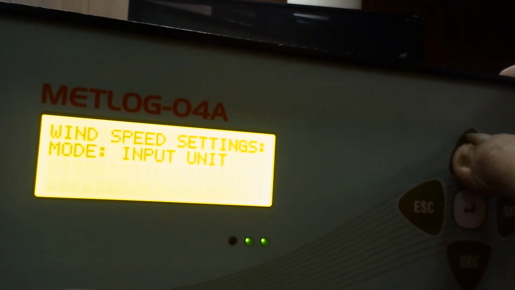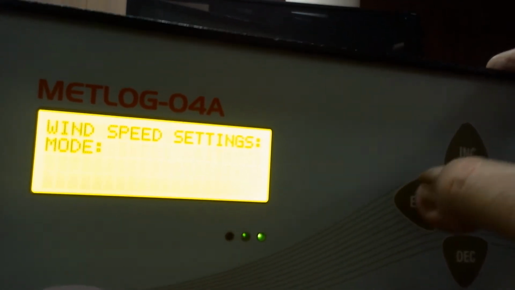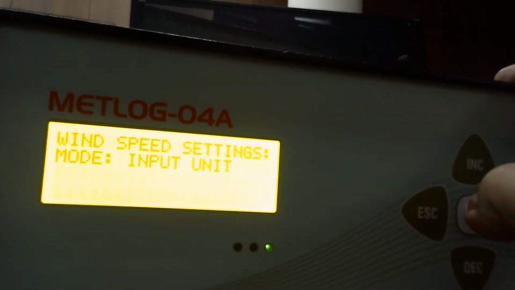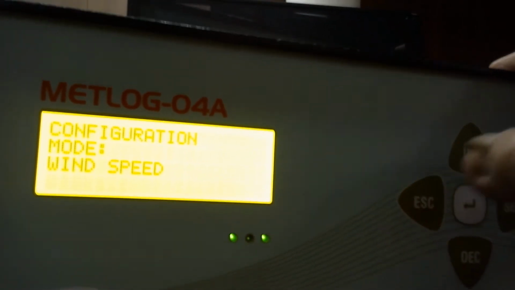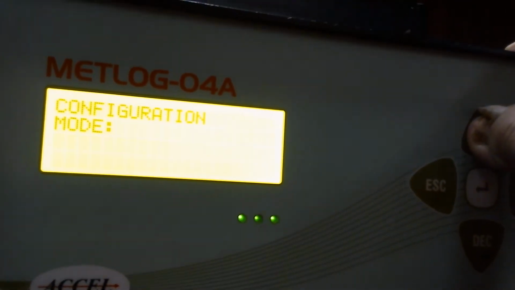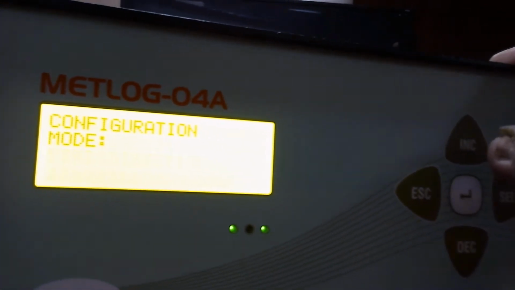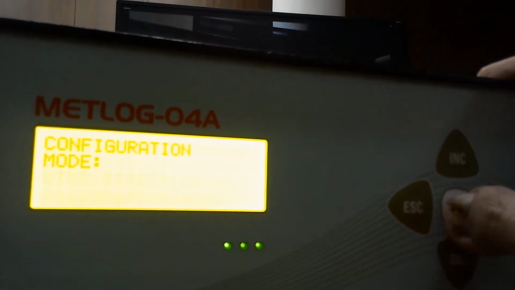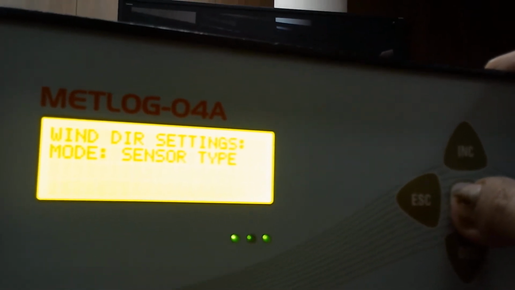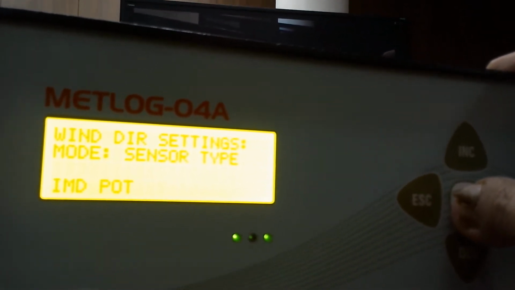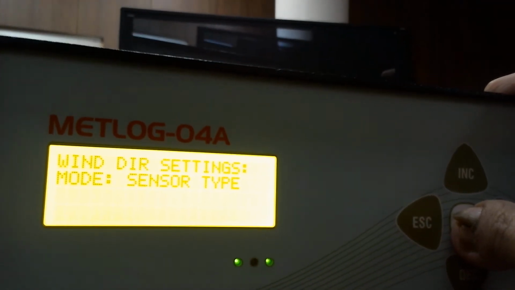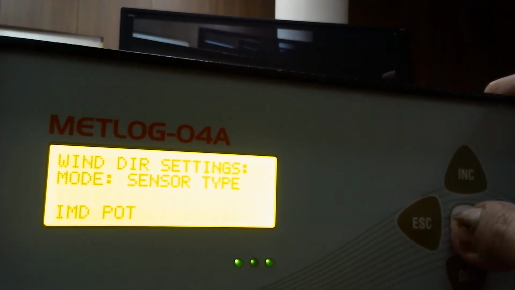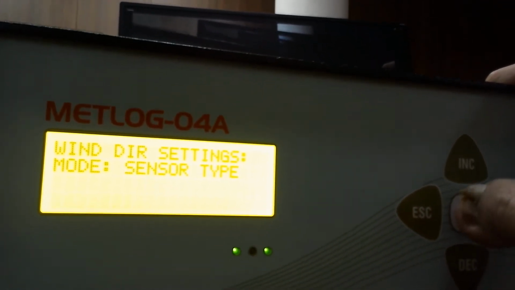Next is input unit. Again, this we have seen. So to come out, press the escape button, then go to the next sensor mode, which is direction mode, wind direction configuration. Press enter. Then which type of sensor are you using? First is sensor type: whether it is IMD pot or Hall effect.